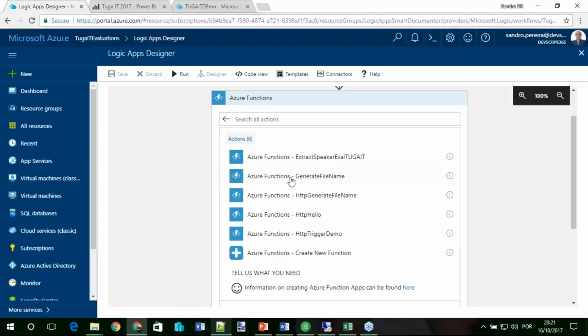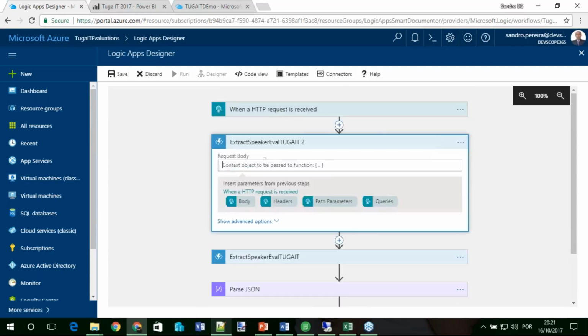If you know JavaScript, or you can also use C# or whatever, you are okay just creating a function to extract the data from your message. What I'm passing is the body that is being received in the HTTP. So body.